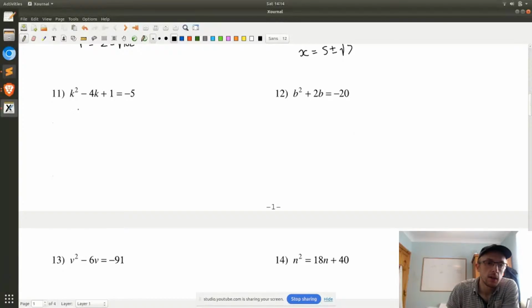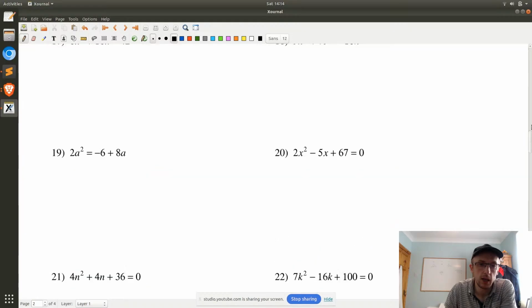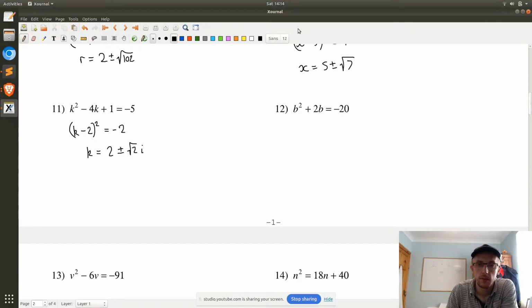So here, minus 6 on the right. Minus 6, and then add 4 to it, so minus 2. So k is 2 plus or minus root 2 times i. Oh, yay. Okay, so